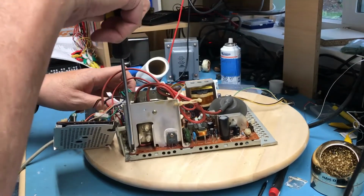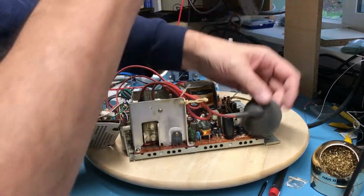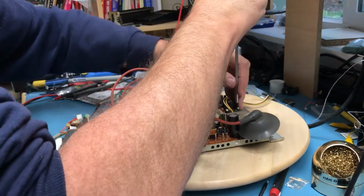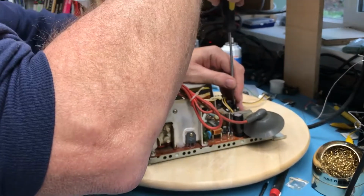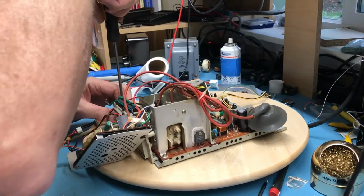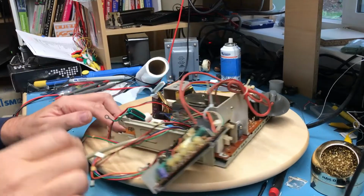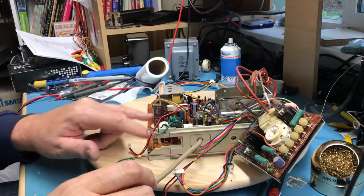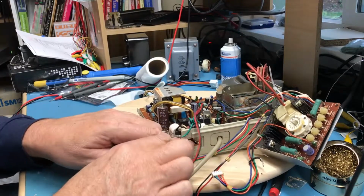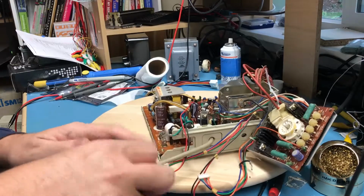I've got enough screws in now that we know the alignments. Everything is okay, so we can go ahead and tighten them up. Before I put this sideboard card on, I've got to get the interface cable to the computer back in. It won't fit in with that little board in place, but